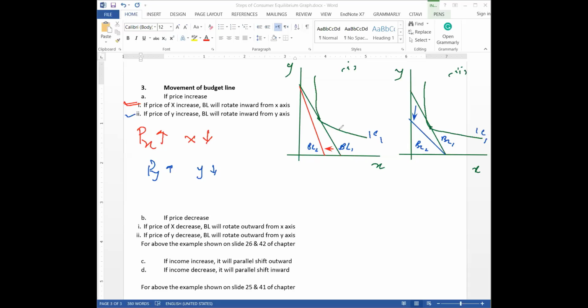Otherwise, in an exam, I usually use two pens, blue and black, so that I draw the first one with one color and the new one with a different color, just like I'm doing it here. So this is the case for price increase. Now let's talk about